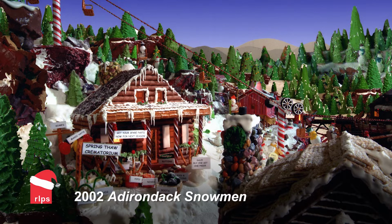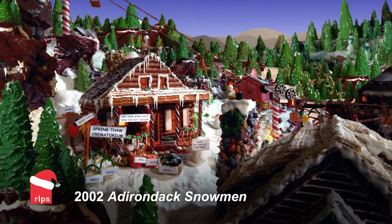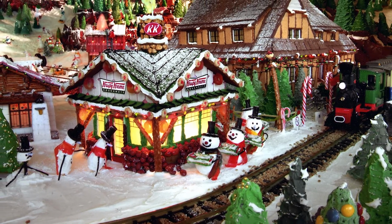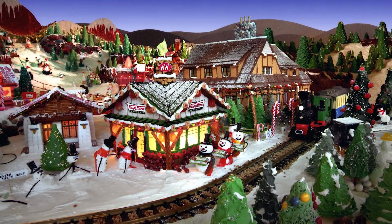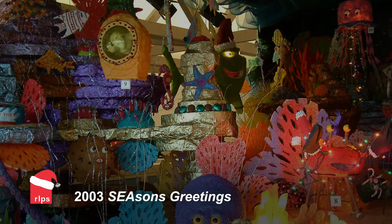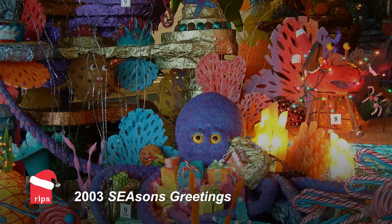2002 returned to a mountainous site with Adirondack snowmen populating a village of candy log cabins. The ubiquitous train traversed a trestle bridge over a gingerbread ravine. A Krispy Kreme bakery and shop selling spare snowman parts after the spring thaw lent a humorous tone to this bucolic scene. Feature film Finding Nemo took the big screen by storm in 2003, and we couldn't resist the bright